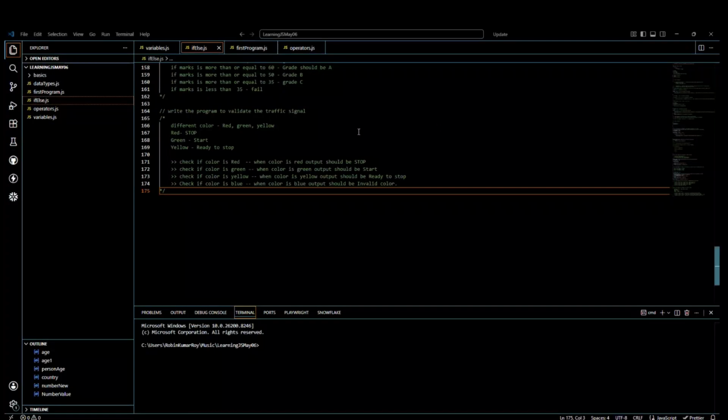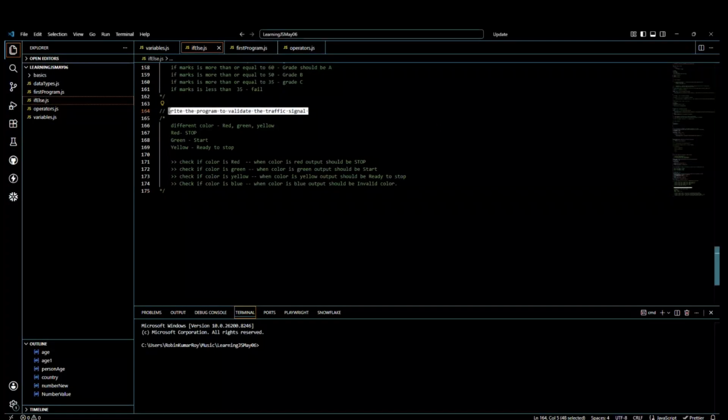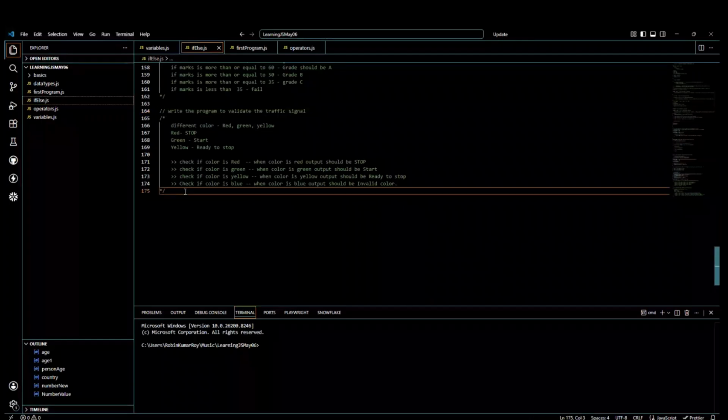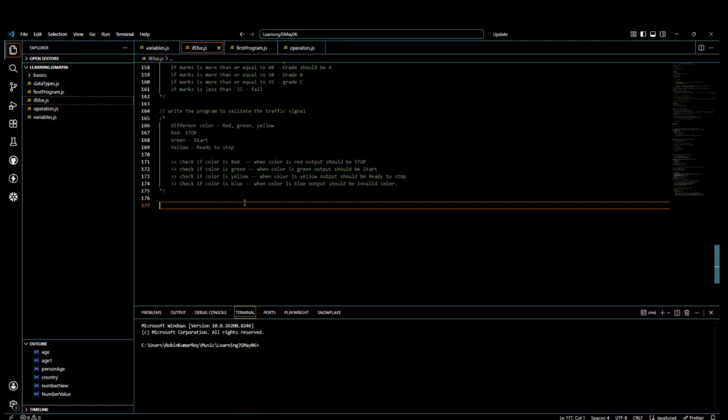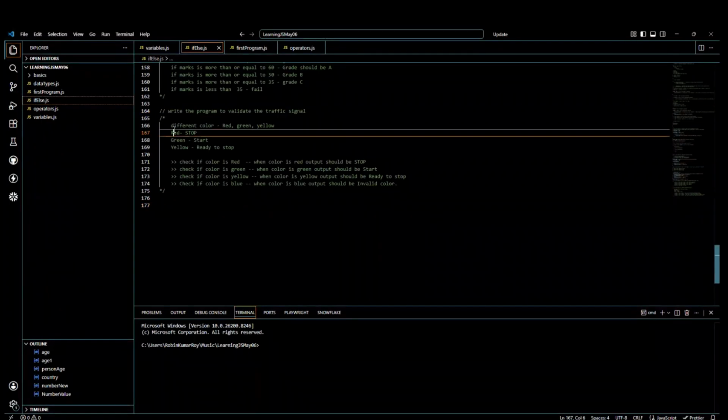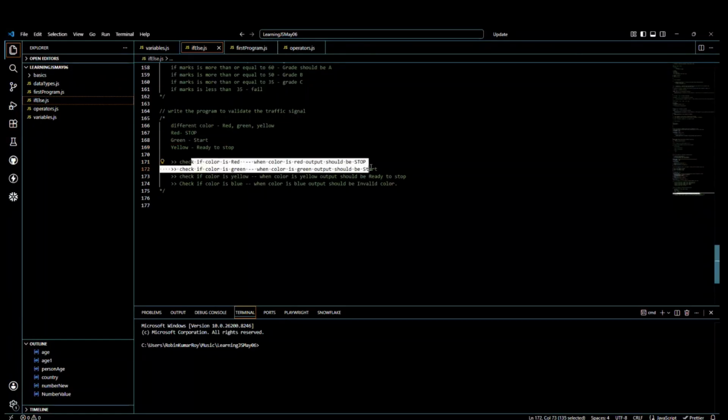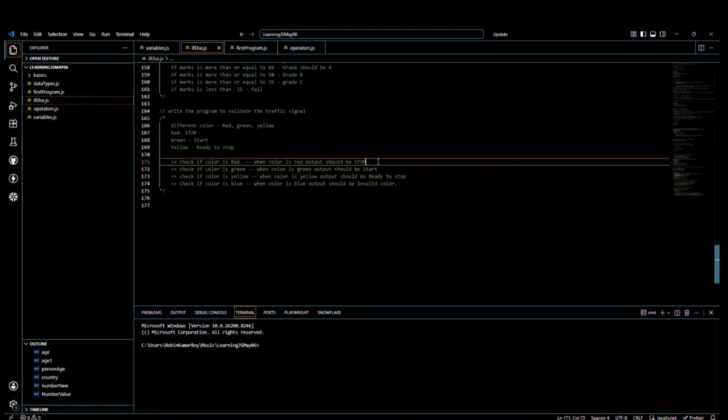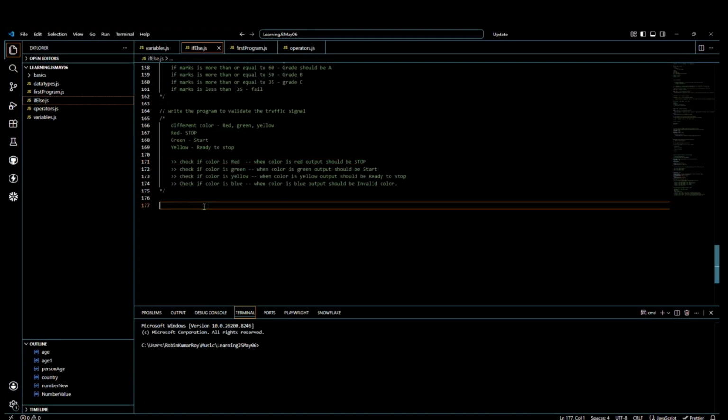Okay, so first we are seeing this program. Write the program to validate the traffic signal. And if you see here, I said clearly what are the things we need to validate. If the color is red, then the output should be stop the vehicle or don't move forward, something like that. So in the same sense, we basically declare let color equal to, we'll take something called